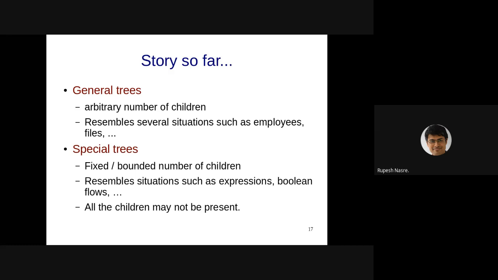So we talked about the representation of the trees. That could be done in two ways. One is in terms of the next sibling pointer and first child pointer. Another was using a vector of children. Is your question related to that or something else?